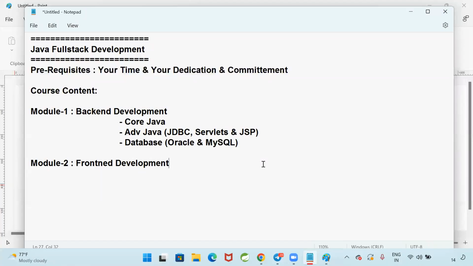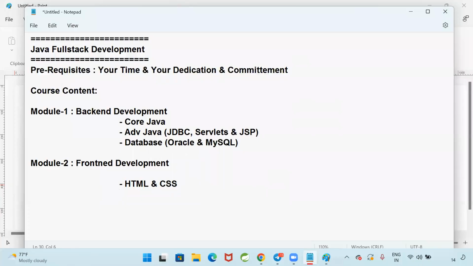To develop the front-end there are technologies like HTML and CSS. HTML is used to design web pages. CSS is used as makeup for the website. You can apply colors, styles and some graphics by using CSS.